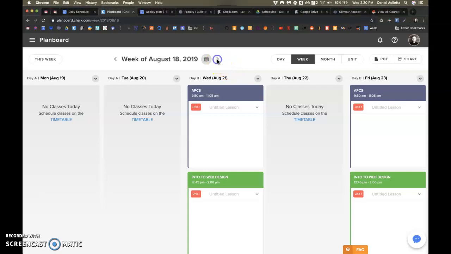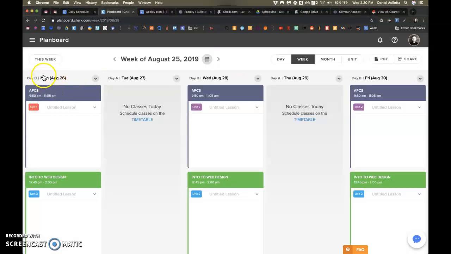So let's imagine that the first Monday they want to change this from a day B to a day A, from a Wednesday Friday class to a Tuesday Thursday class. It's easy enough to change, but if I change this to A, Chalk will helpfully switch this one to B, and so on. But because they don't appreciate that Mondays are weird, and if a Monday switches, Tuesday will always be a day